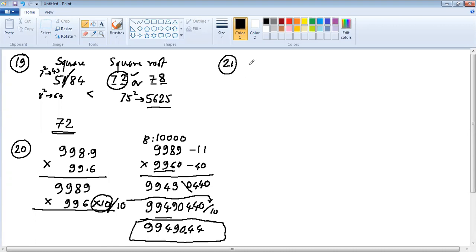Now the next question is cube root. Here you are learning something new, which we have not covered in yesterday's topics. 274400. Whenever there are zeros at the end, you will get 3 zeros. It will always be 3 zeros when it is a cube. This is a cube and you are finding the cube root. Yesterday's topic, the only new thing is there are zeros at the end. 3 zeros will convert to 1 0. And then for this part you have to apply the same rule as we studied yesterday.